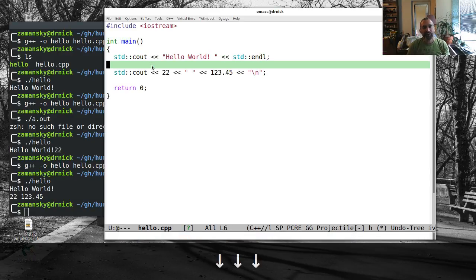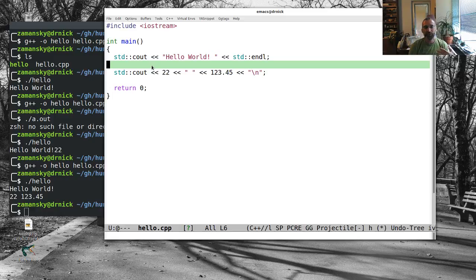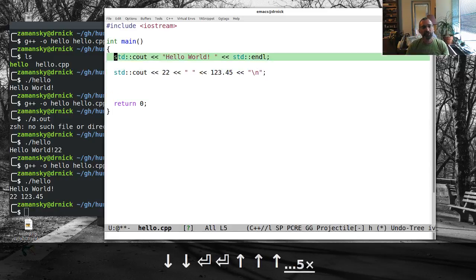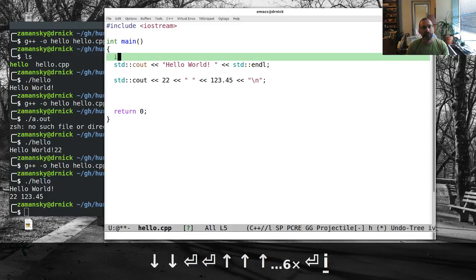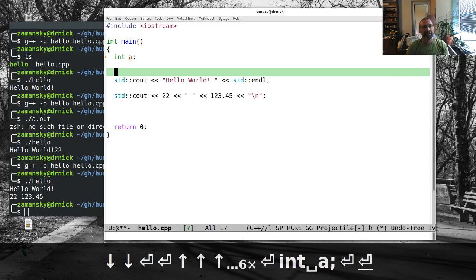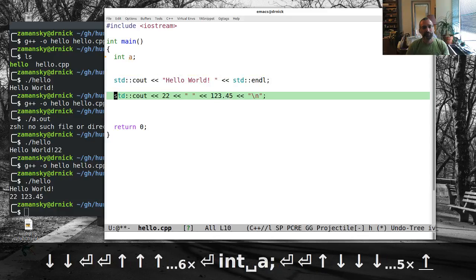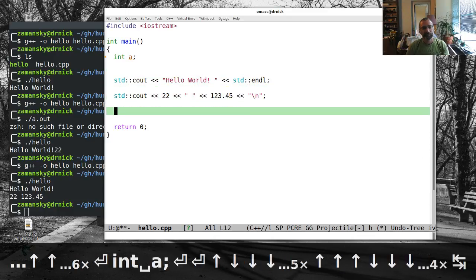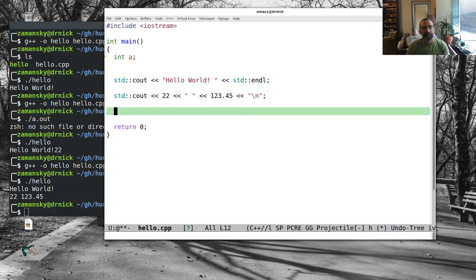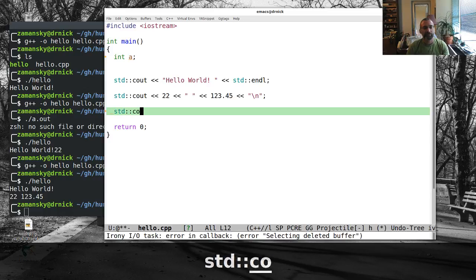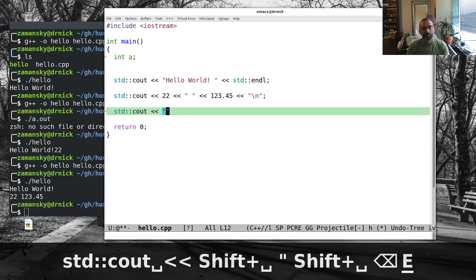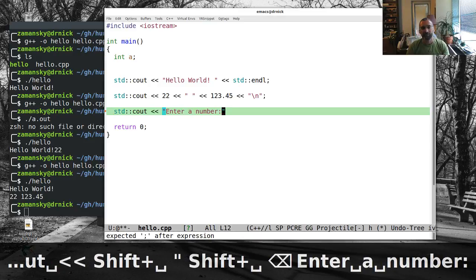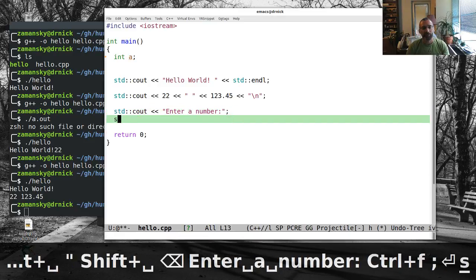And the basic constructs are the same for the two languages, even though the way they work is very different. So you've got your constructs. You can have things like, you know, int a, and like say we do, let's say, enter a number, and we'll do,